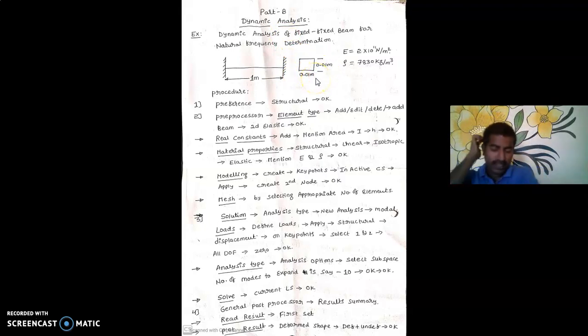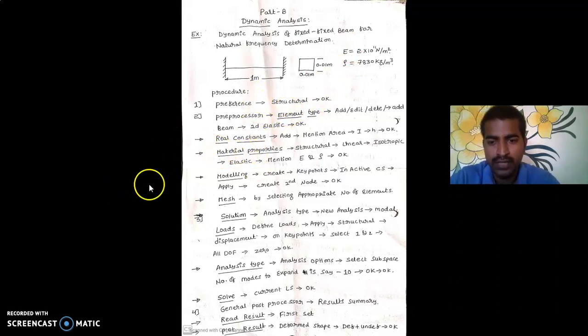So 0.01 raised to 4 divided by 12 is the value of moment of inertia. You will get it as 8.33 into 10 raised to minus 10 meter raised to 4. Just note down the area and moment of inertia. It is not given here, you need to determine that. We'll see this procedure step by step with the help of ANSYS.